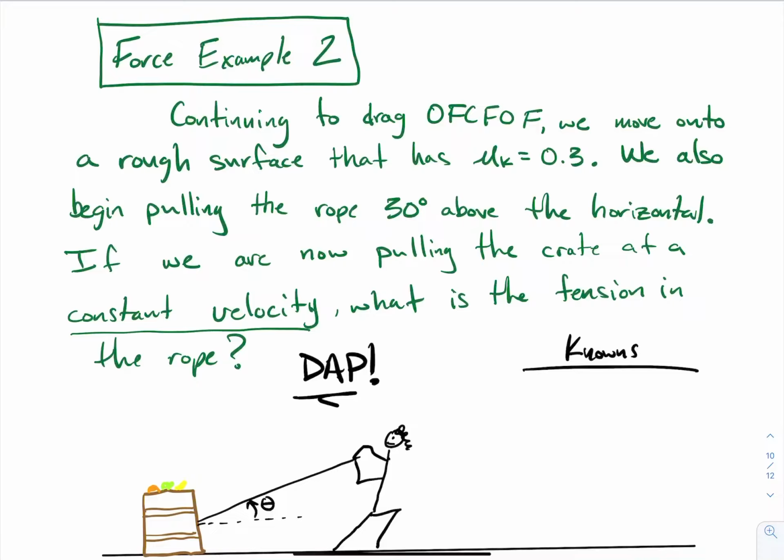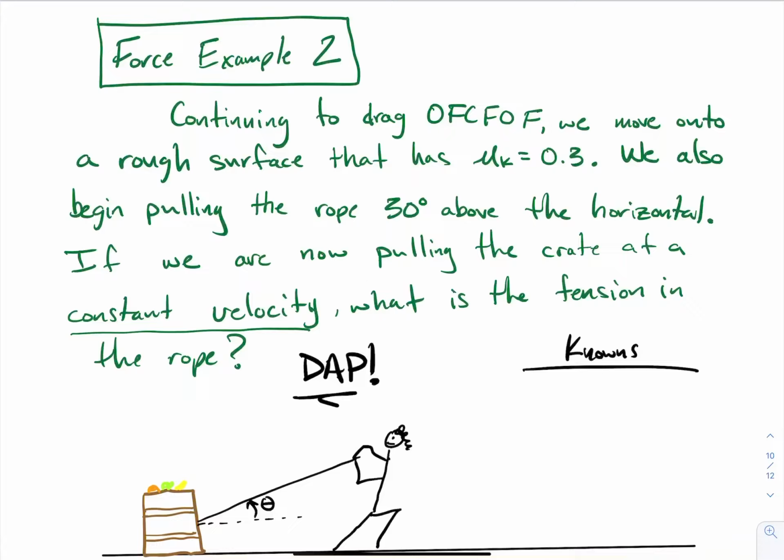This is our second force example. This time we're dragging our favorite crate full of fruit, but we're going along a rough surface. All a rough surface implies is that there is a coefficient of friction between the surface of the ground and the surface of the crate, and that coefficient of friction was given as 0.3. We also begin pulling the rope at an angle this time, and they tell us the angle is 30 degrees